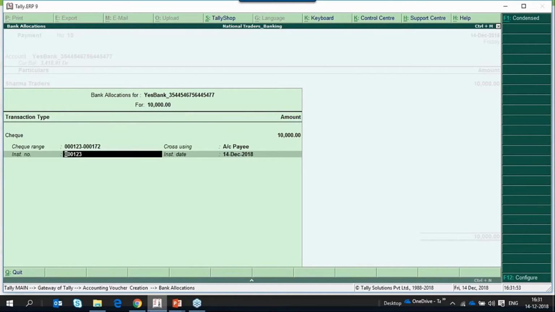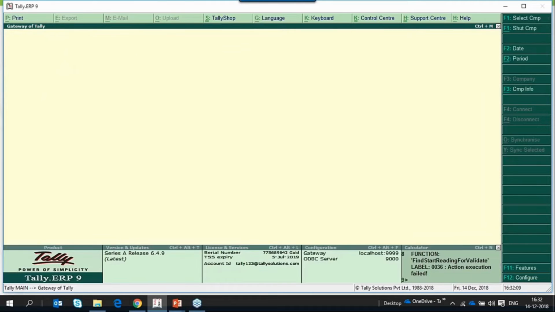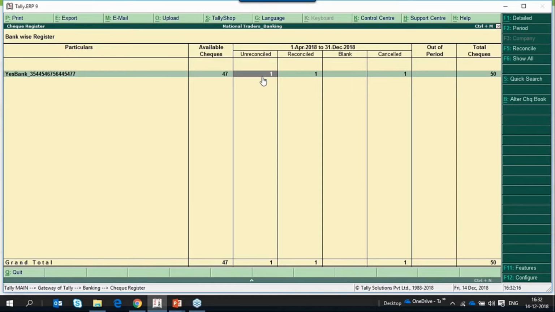Since 132 was the last used check number, it picked the next number as 133, but we have 123 as vacant, so I'm using the same. This will appear under check register under unreconciled, because we have not reconciled this transaction yet.